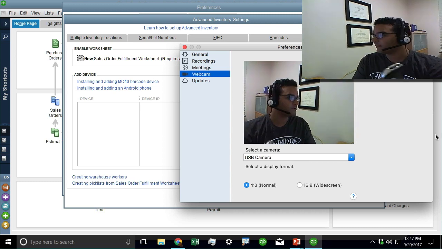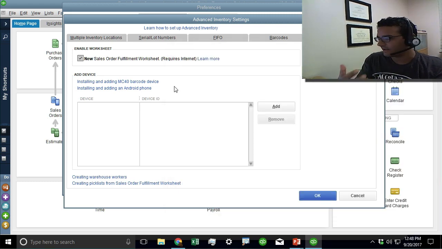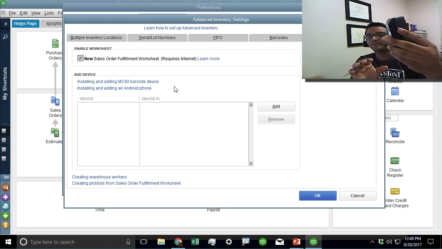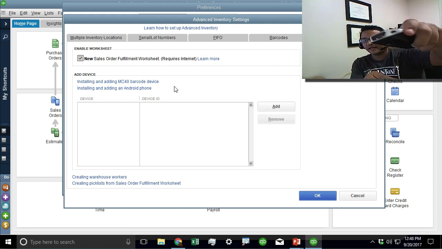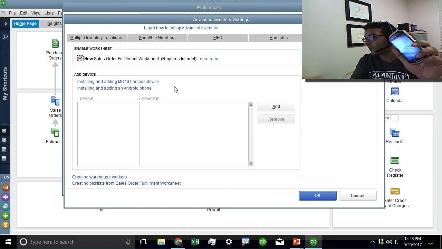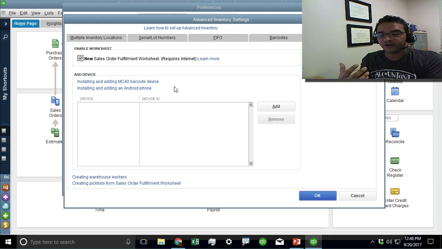Okay, and so basically the way it works is it connects to the internet. Then you take your Android device. Okay, this actually happens to be an MC40, which is an Android device with a barcode scanner built in. So you can actually see there's a barcode scanner built in. This device itself is about $1,200, so it's actually not an inexpensive process. But you don't have to have the MC40 with the barcode scanner. You can actually use a regular